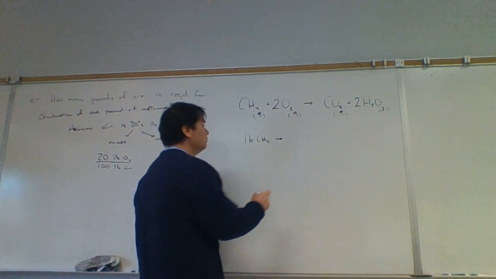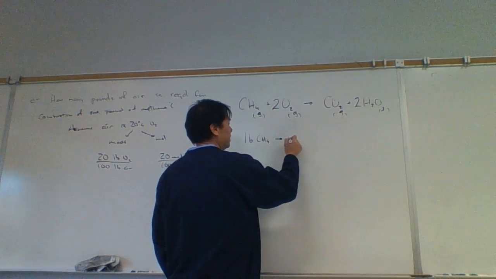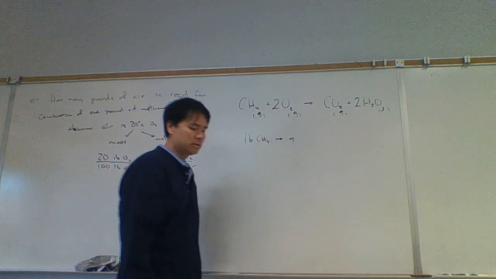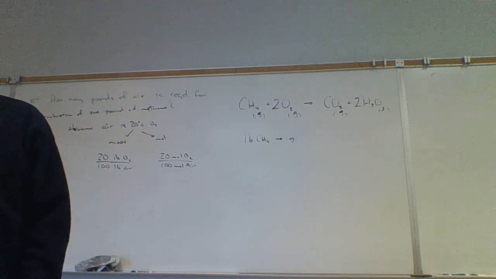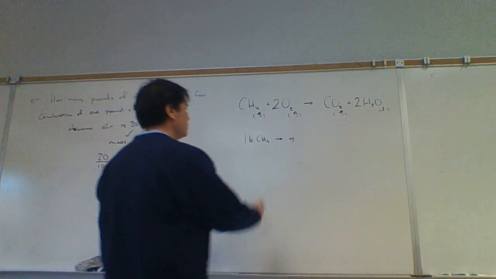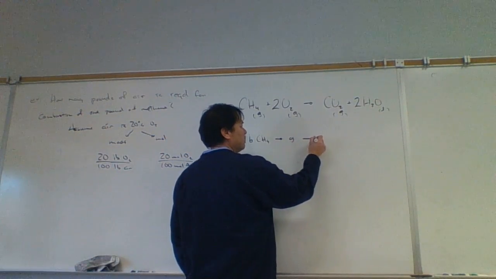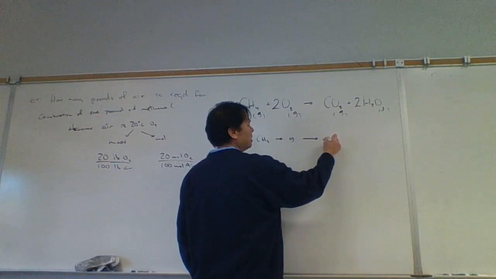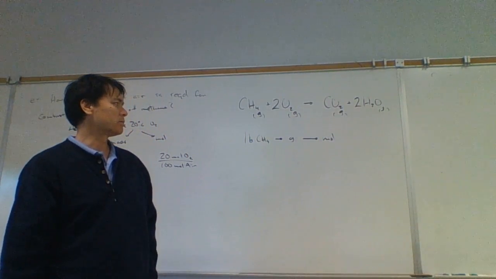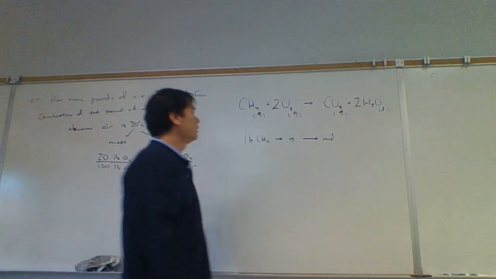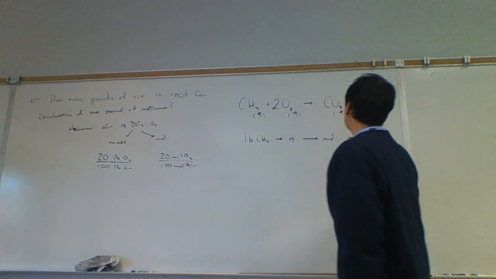But we'll go from pounds to grams. You don't have to have it memorized, because that's one of those ones I said you don't have to memorize. So we'll go from pounds of methane to grams of methane. Grams of methane, then we could go to moles of methane because we can figure out what the molar mass is and figure out how many grams per mole that is. And then from moles of methane, we could go to moles of,